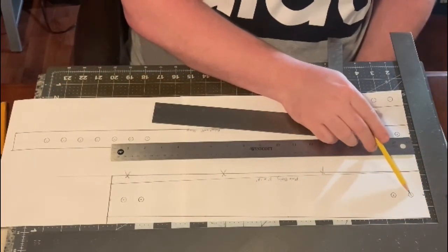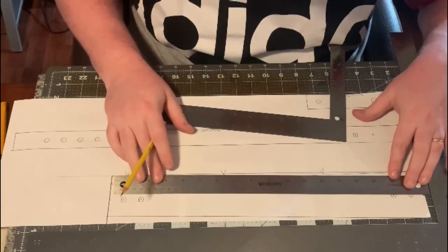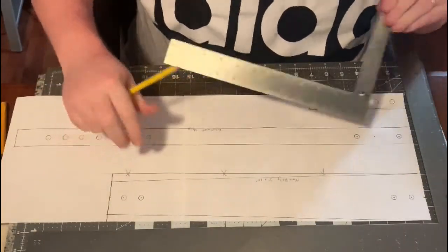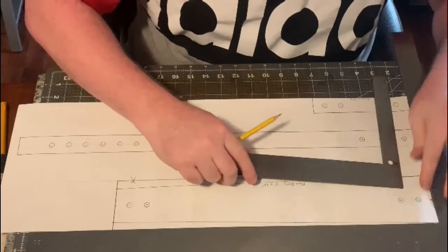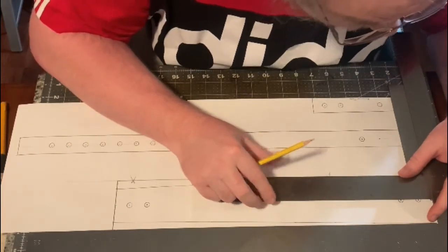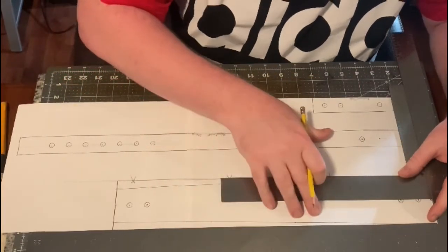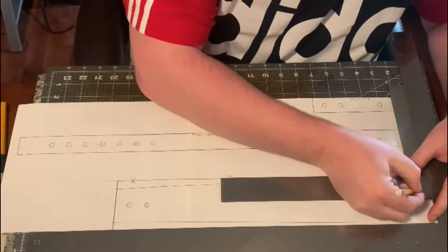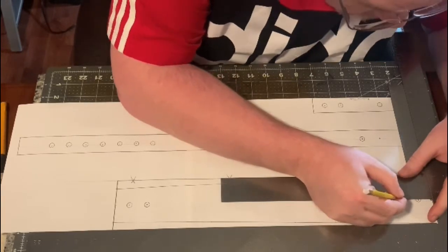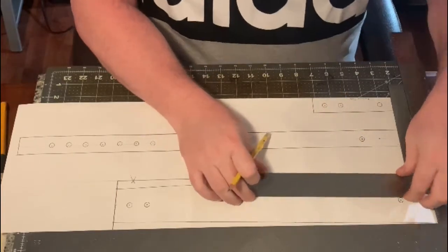I come in on my center line 3/4 of an inch. So as you can see here, I'd line up with my center line. And again, it would be hard to square it up with that. So what we would do, or how I did this one, is I just lined it up like that right there. Because then I'm perfectly parallel to this, and as long as your paper is butted up, you're in business. Make a mark at 3/4, and then from 3/4 I'll come out to 1 3/4, so I have a 1 inch spread, and then I will do the same thing down here,